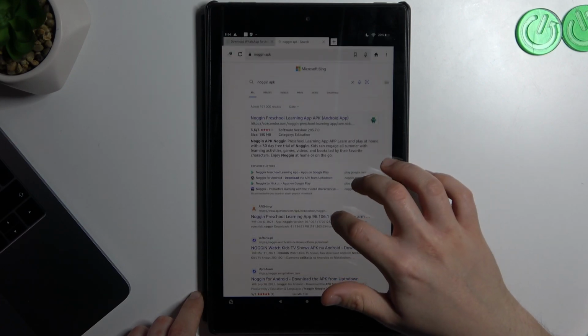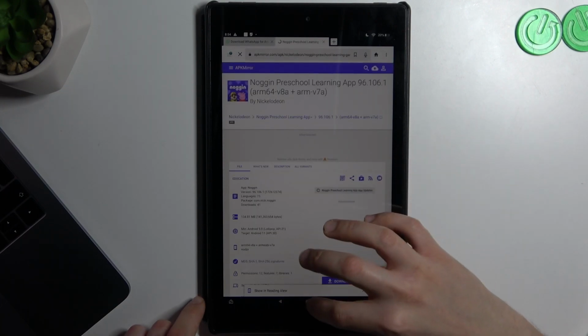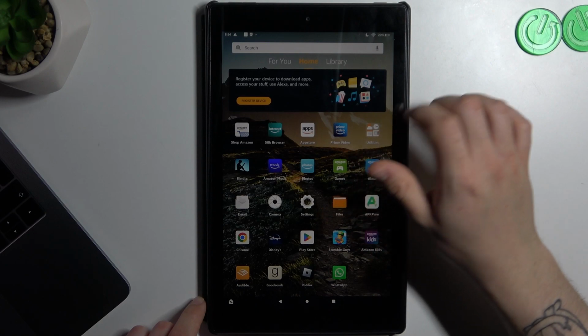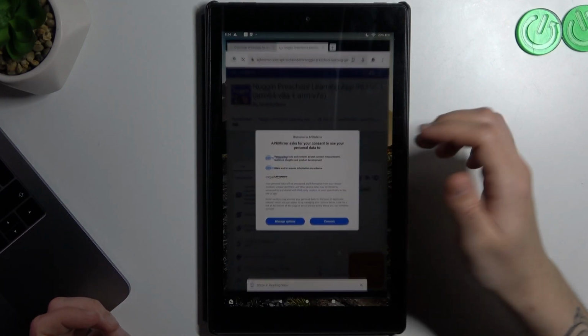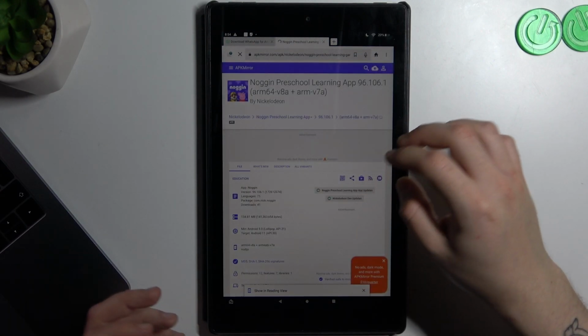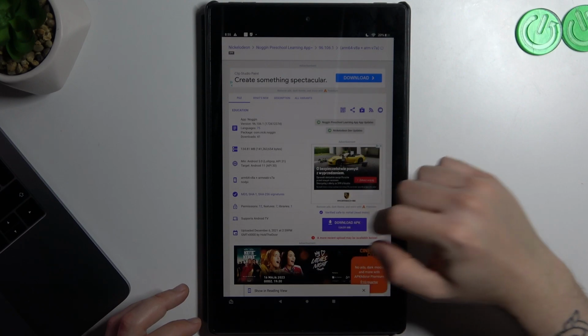Remember, we are downloading from an unofficial store, so you're doing it at your own risk. Probably you can download the same app in the App Store, but I have a problem with that application on my tablet, so I have to download from an unofficial store. Okay, now we just have to look for the download APK button